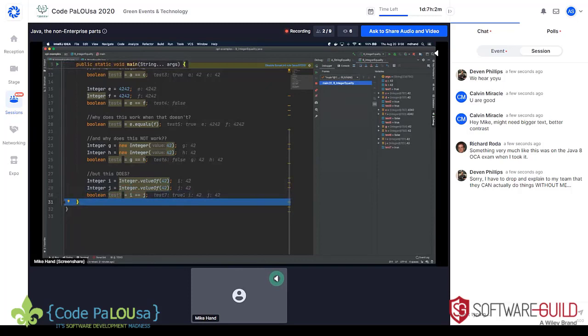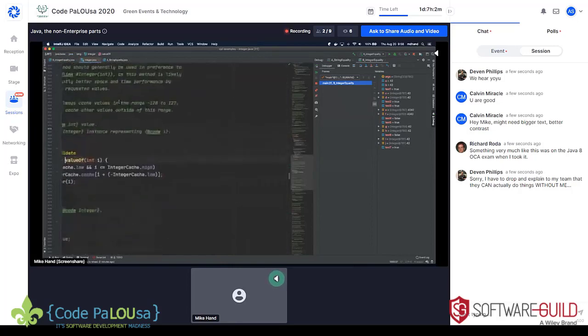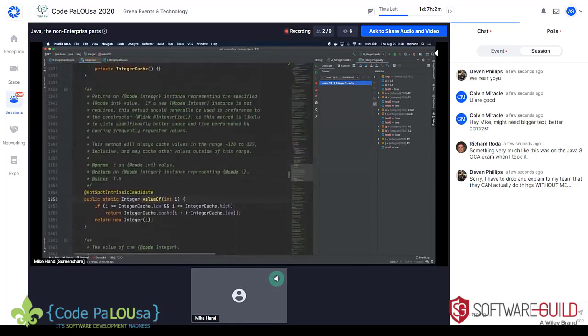Now this is for a similar reason. In this case, if we go and look at the Javadoc for valueOf, we're going to find that valueOf returns an Integer instance representing the specified primitive int value.